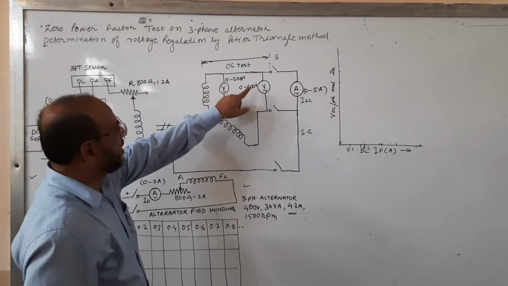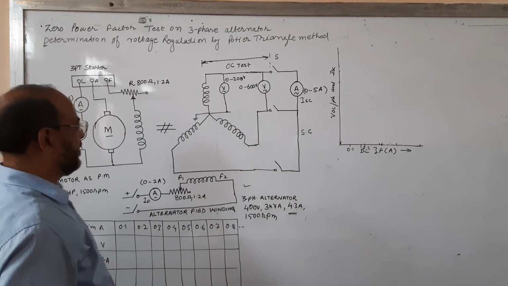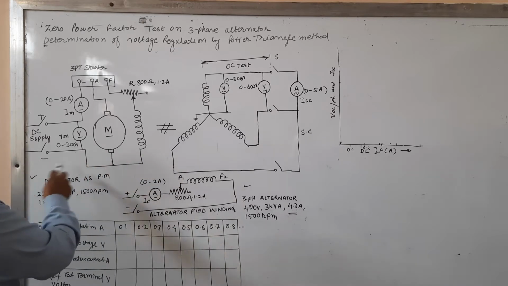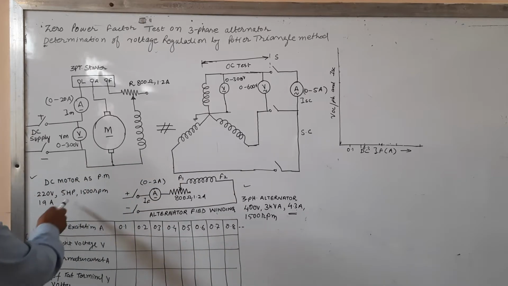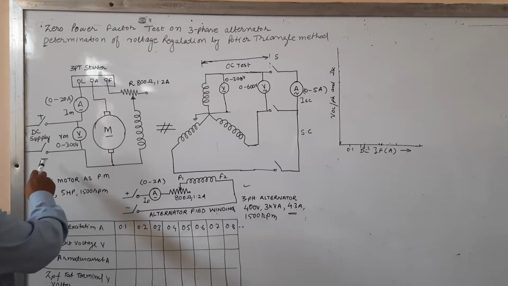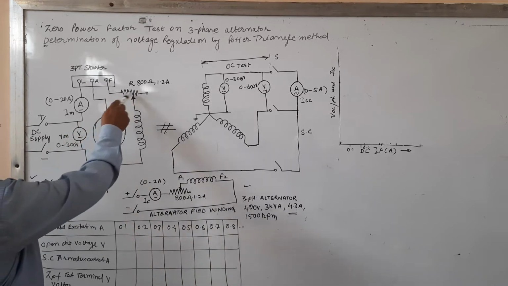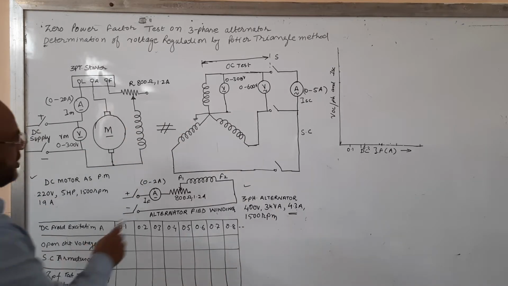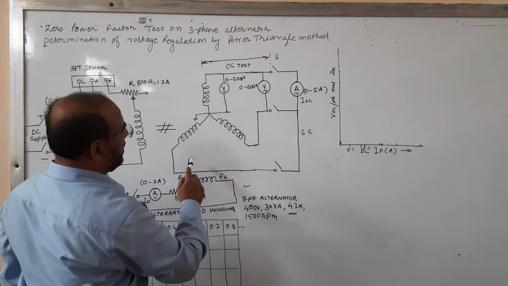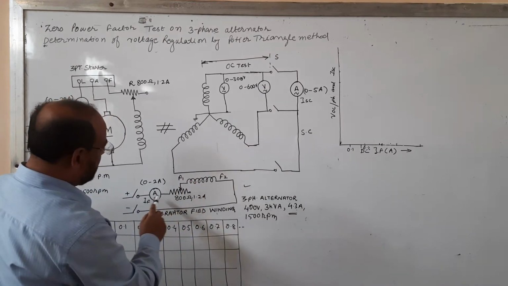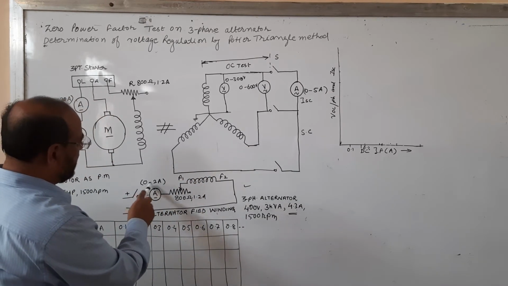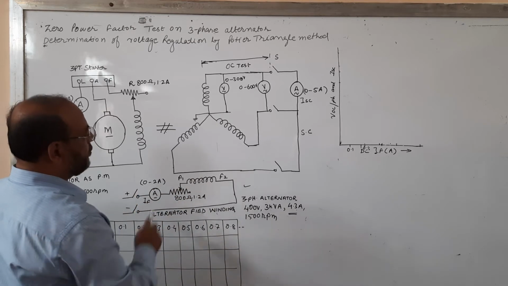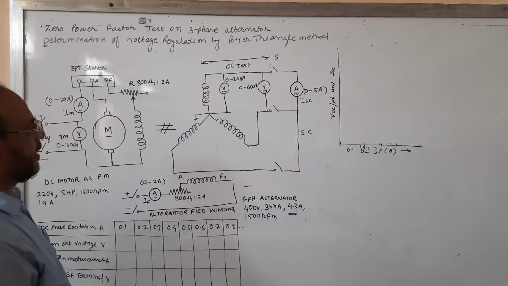This type of test needs two additional readings. One is the open circuit characteristic and second is the short circuit characteristic. The description of the circuit is that a DC shunt motor acts as the prime mover. It is a 5 HP DC motor, connected with a rheostat to adjust the speed, which is equal to the synchronous speed. Now this is the three-phase star connected alternator. Excitation is given from the DC source. Measure the excitation current from 0 to 2 ampere with an ammeter, and a rheostat is connected in the field winding, that is the rotor field winding, excitation winding.